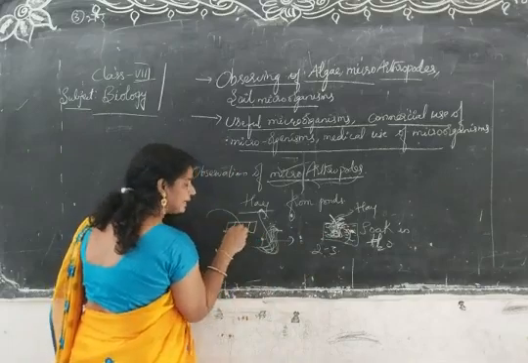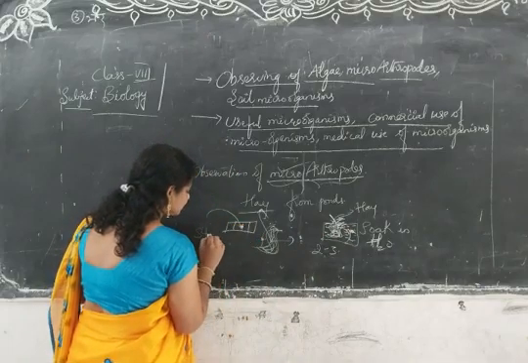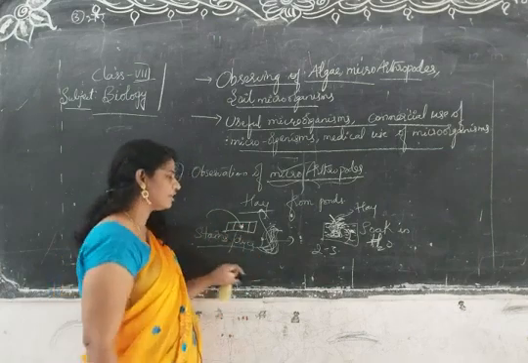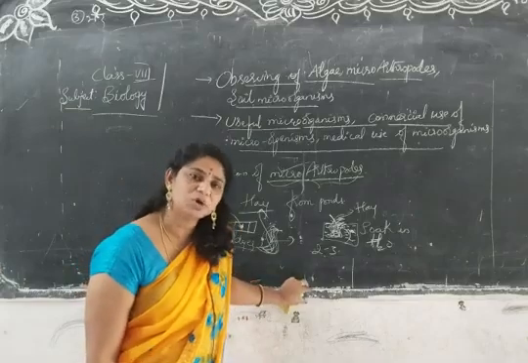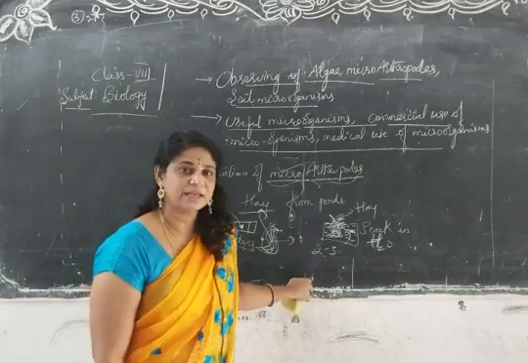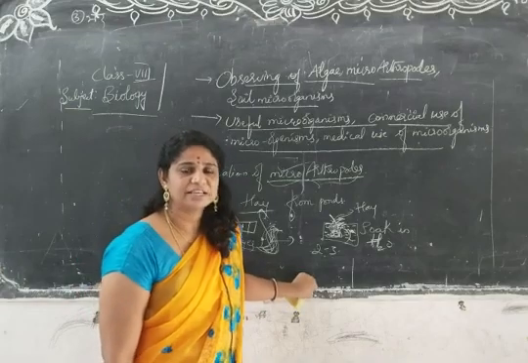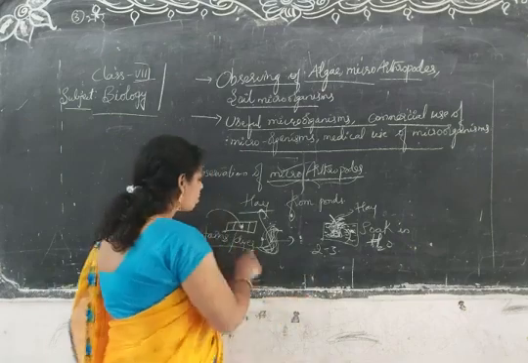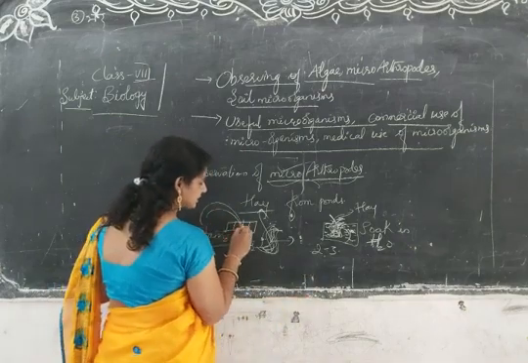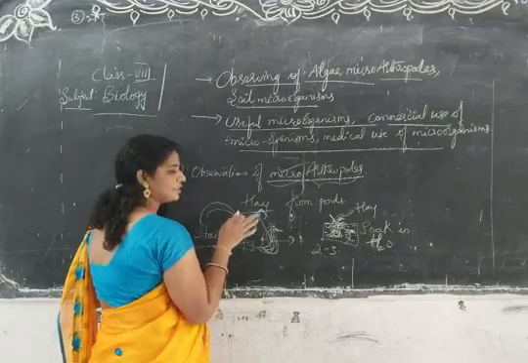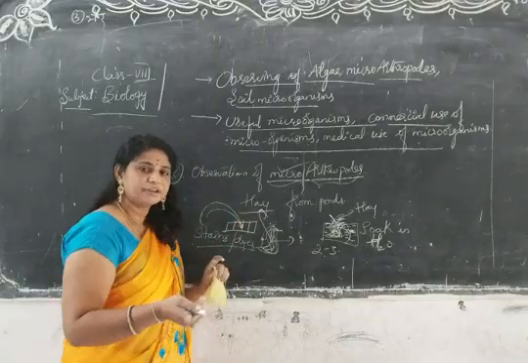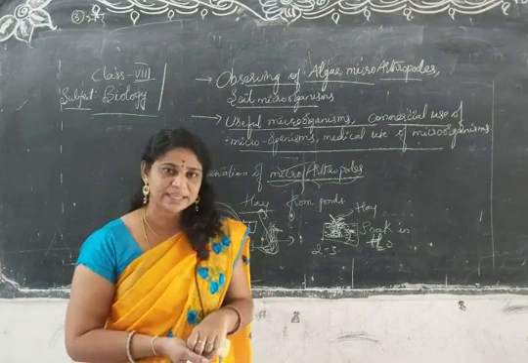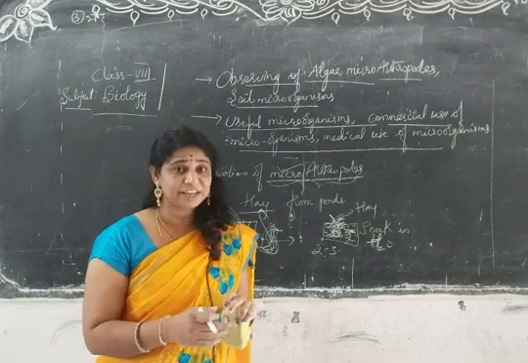Sometimes we will be adding stains and dyes, which are compulsory. In your book they did not mention dyes and stains for many activities, but without dyes and stains we generally can't see, and we almost won't get results in any lab activity. So we have to add certain dyes and stains. When we put it on the slide, they are almost dead. Even when we add the stain, the organism dies there and won't move. Moving organisms cannot be seen.